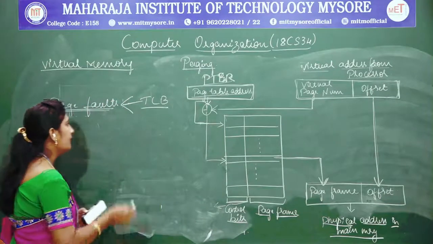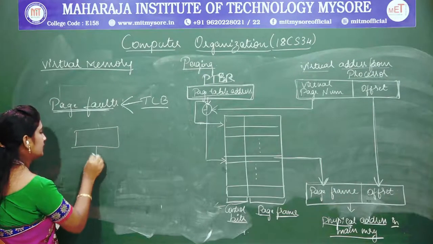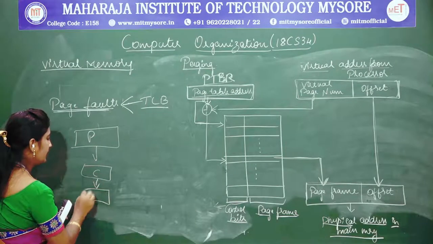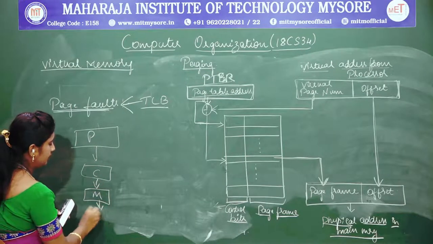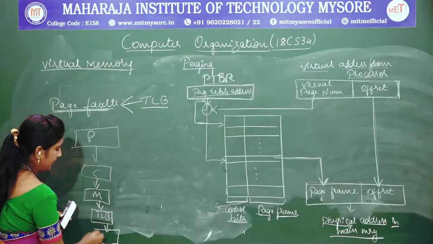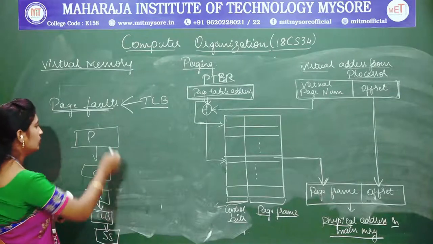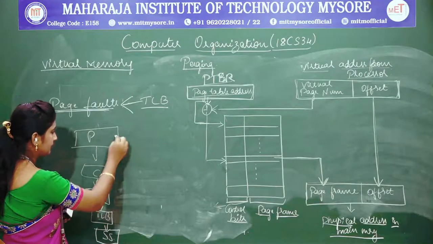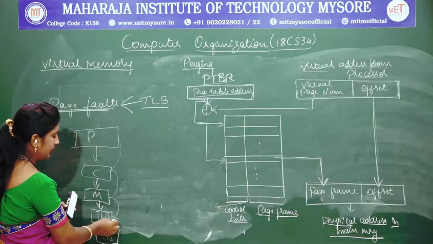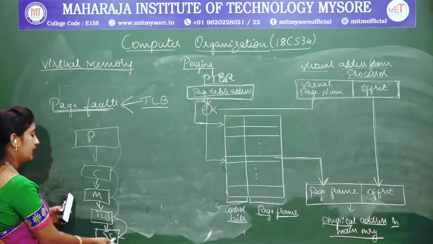So instead of wasting the time of a page fault, from the processor I need to move to the cache. Next I need to move to my main memory. Next I need to move to my TLB. After that my secondary storage is present, isn't it? So now the processor has made this time consuming request. I have not found it in the TLB. Now I am going to my secondary storage and accessing the data.